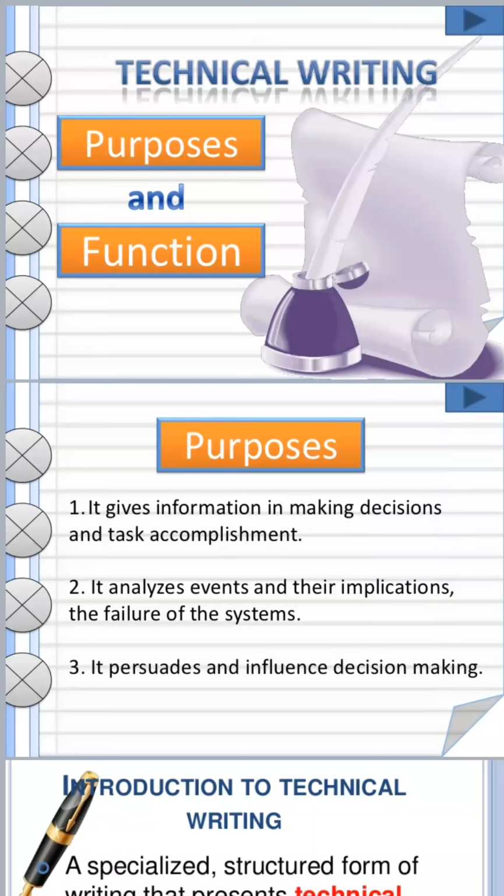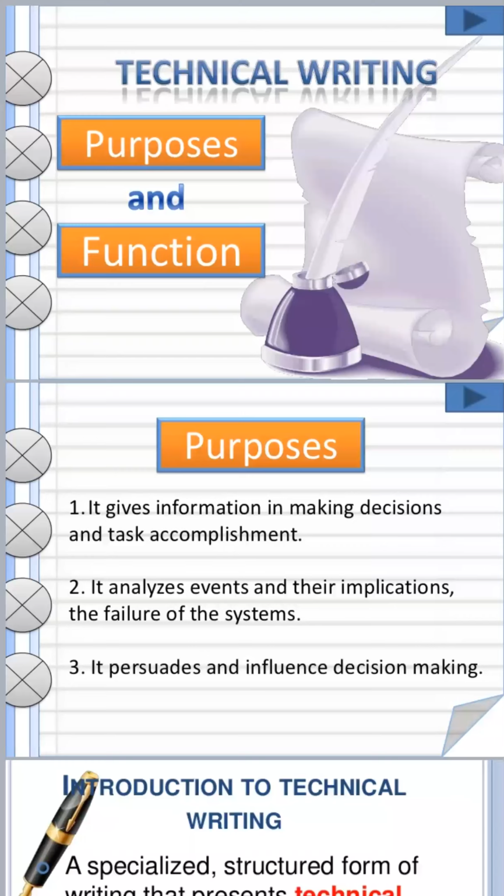That information is used not only to make decisions, but we are also heading towards task completion, the fulfillment of the task, or having achieved a task, whatever the desire. So for that information to convey and to make any decision on it, we need to write down our technical writing. Then technical writing is also used to analyze some events,